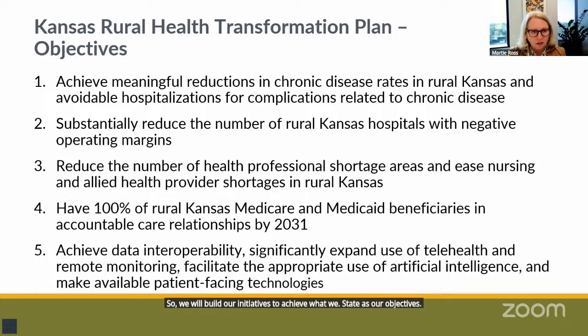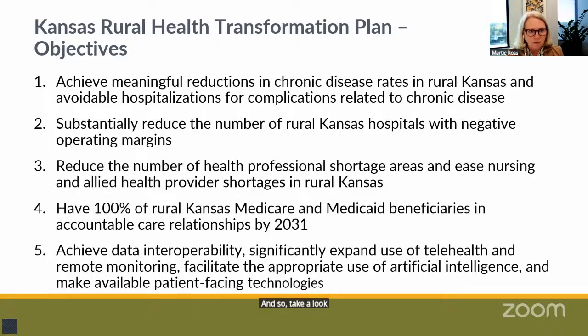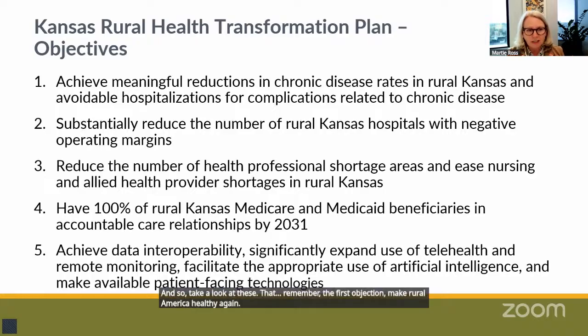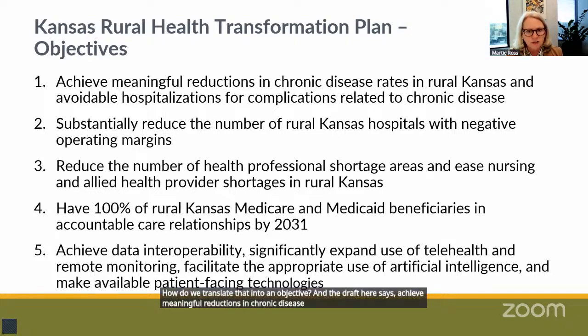So what you have here on the screen, again, draft form, but our attempts to take those strategic priorities, the kind of the pie in the sky, and put them into measurable objectives. We're going to do X. So take a look at these. Remember the first objective, make rural America healthy again. How do we translate that into an objective? And the draft here says achieve meaningful reductions in chronic disease rates in rural Kansas and avoidable hospitalizations for complications